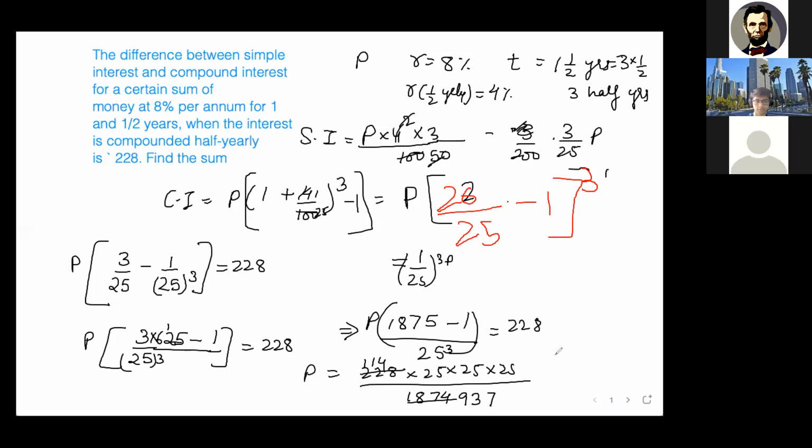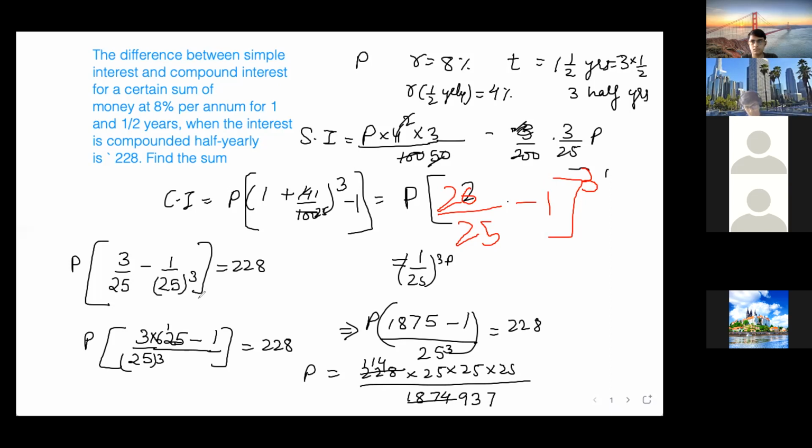Yes, ma'am. Okay, so simple interest you have to find out, compound interest you have to find out, and then according to the question, did I subtract? Yes, I subtracted here. 26 by 25 minus 1, so 26 minus 25 is 1. 1 upon 25 cubed. And here it is 3 by 25, which is simple interest. So 3 by 25 P we got, with P outside, so 3 by 25 minus 1 by 25 cubed. If we find the LCM of 25 and 25 cubed,